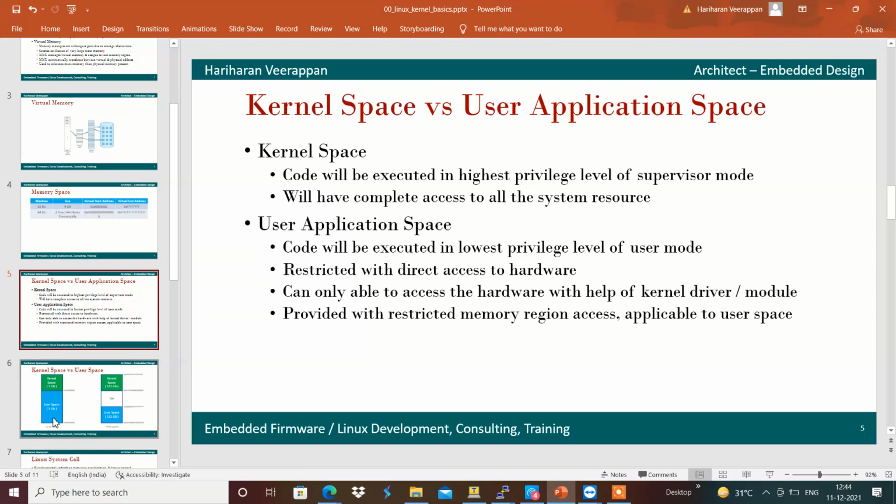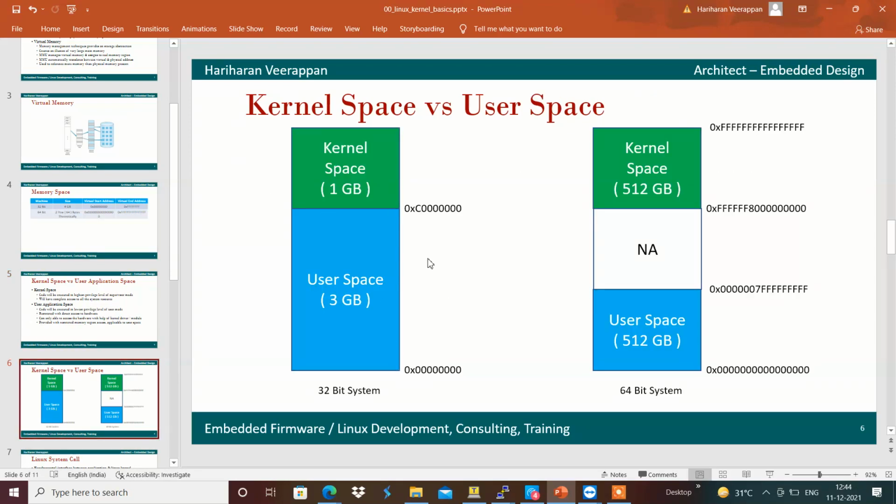For example, BeagleBone is a 32-bit system, and we will have that virtual memory of 4 gigabytes. Is virtual memory logical only? Yes.